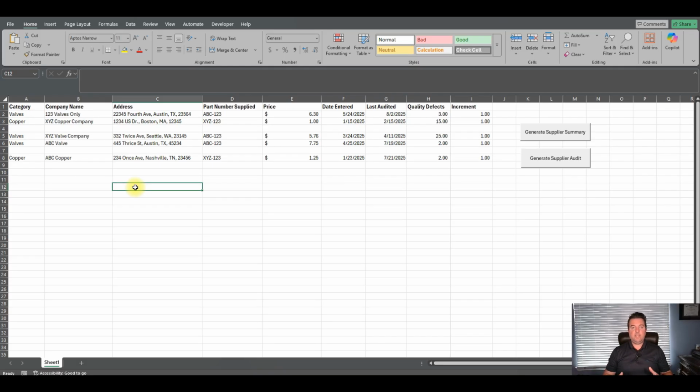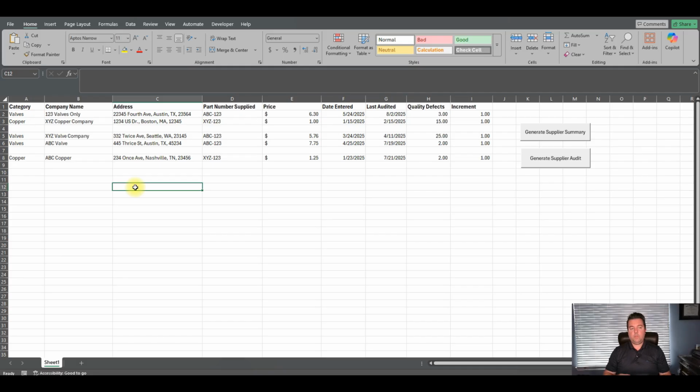Now, where do you get this data? At a minimum, you could be manually entering it. That adds a lot of work, because if you're in a bigger company, you probably have thousands or tens of thousands of suppliers. If you've got a lot of suppliers, you probably have a software solution already that helps you manage that. And if you do, hopefully you have a way that you can export that data out of that system,